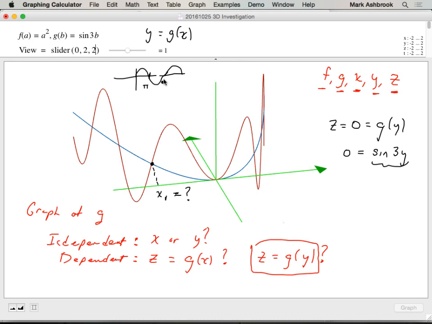So there are lots of values that give a sine value of 0, and the question is, which one do we want? The first one. So if the first time we get 0 is sine of pi,